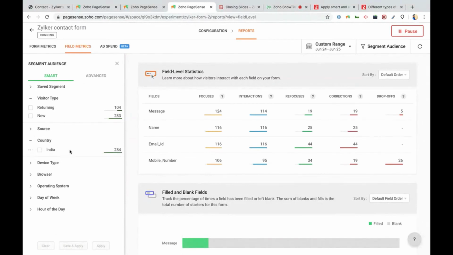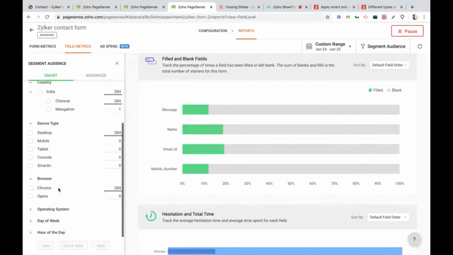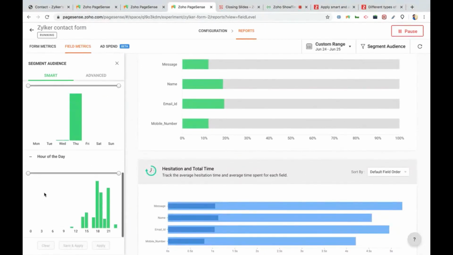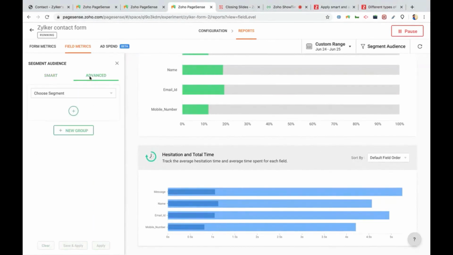And country. In country, you can drill down up to city. Because this is totally based on IP, you will be able to track the visitors from multiple locations. And device type, you could also see which device is leading to maximum conversions and abandons, and which browser is doing the same. Operating system, day of the week, and hour of the day. Sometimes if it's e-commerce, or a very hectic business that is very much related to the time of the day, it is going to be really helpful to track them based on the time and hour of the day. So that will help you to filter down the visitors.